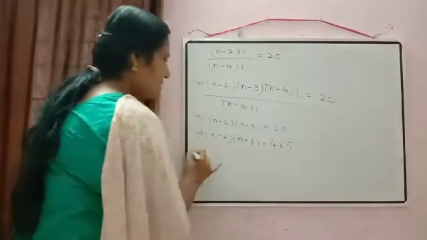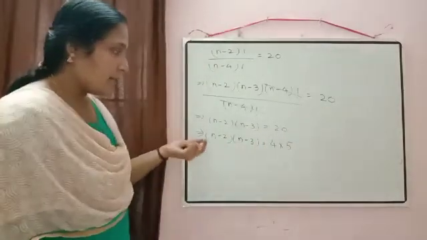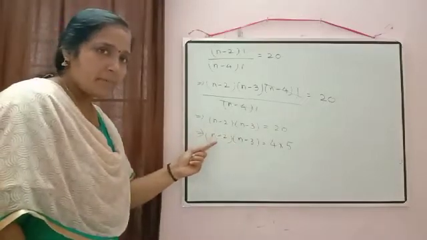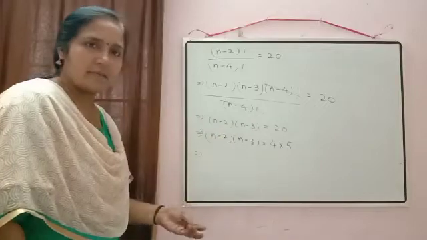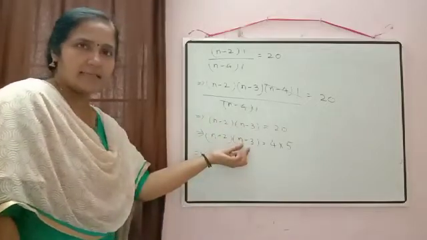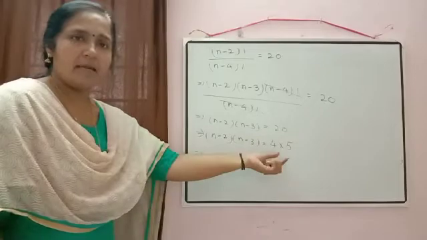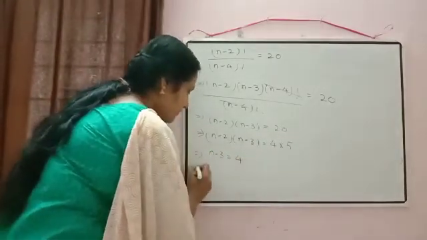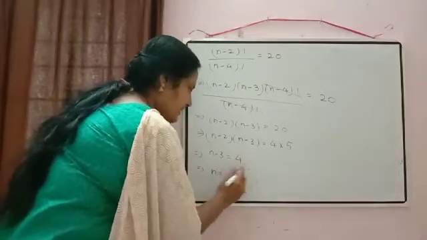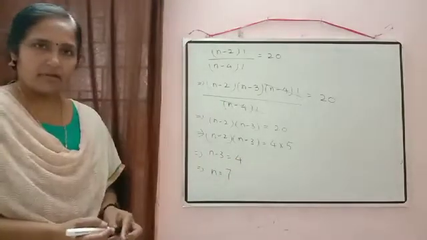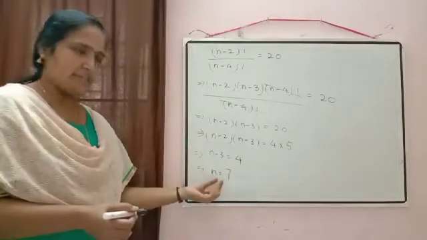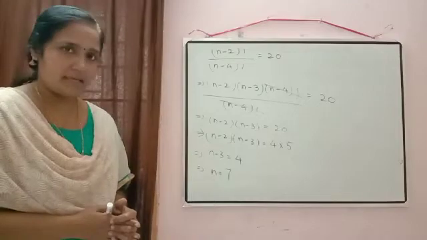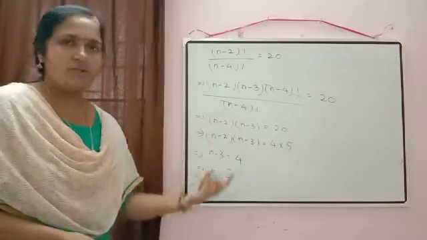Now how will we solve it here? What is the smaller number here? Out of these two, which number is smaller, n minus 2 or n minus 3? Obviously n minus 3 is smaller. And what is the smaller number here? 4. So we will write directly n minus 3 is equal to 4. From here you will get n is equal to 4 plus 3, 7. So it depends on you. Either you can compare the smaller number or the greater number. The answer will come the same in both cases. So in this way also you can do.